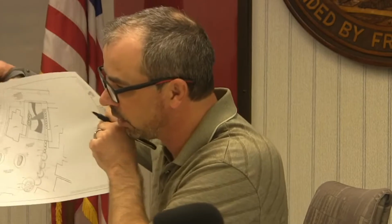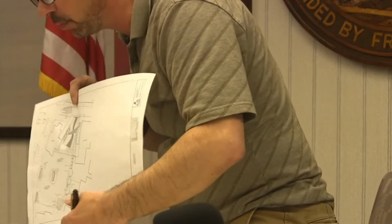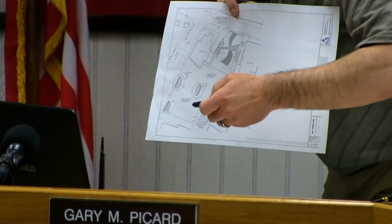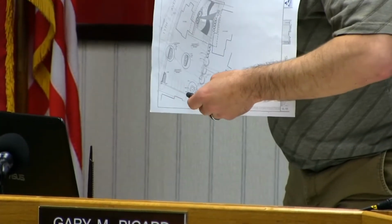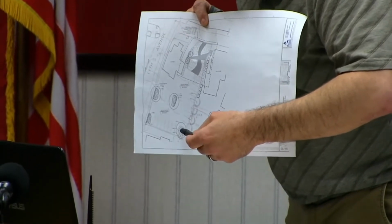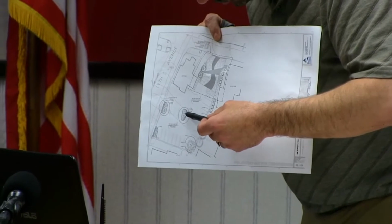Okay, did you want me to expand on that or not? Yeah, expand on that a little bit more. I'm gonna see if I can grab this, if this shows at all. That's probably not gonna be a good visual there, but essentially from our meeting with the planning board, there was a lot of discussion about whether or not this little bump out in the corner of the parking lot was a good thing to have there. Some people felt that it was going to be in the way, or we were wasting money. There was discussion about removing this island,